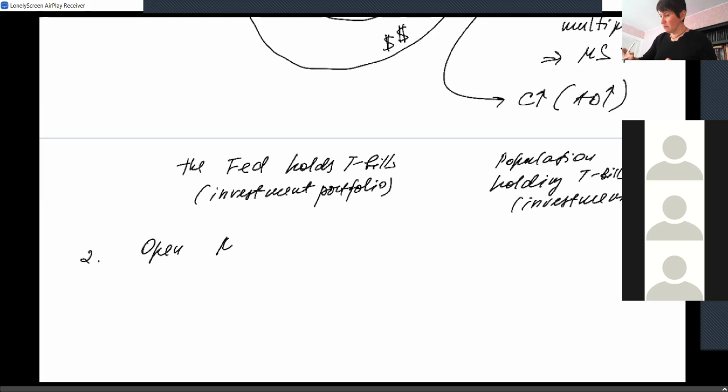Through open market sales of T-bills. Now, this time,